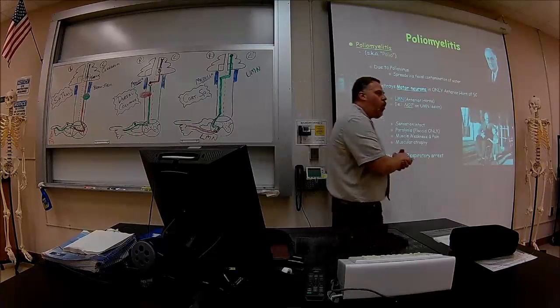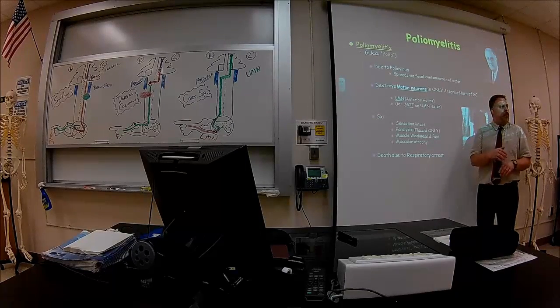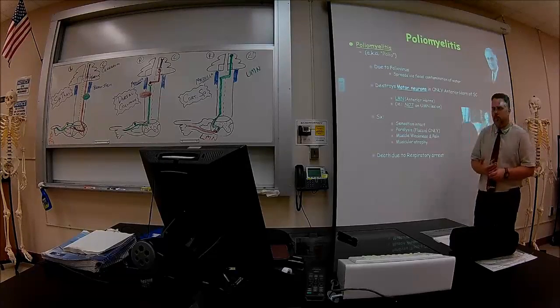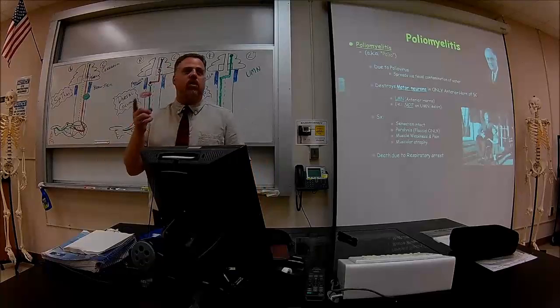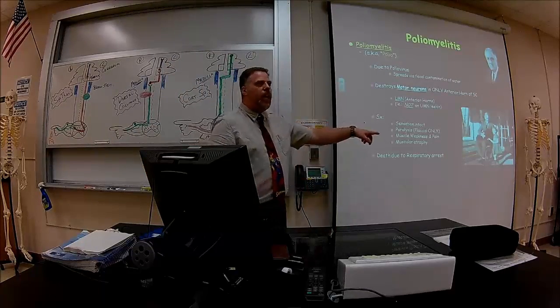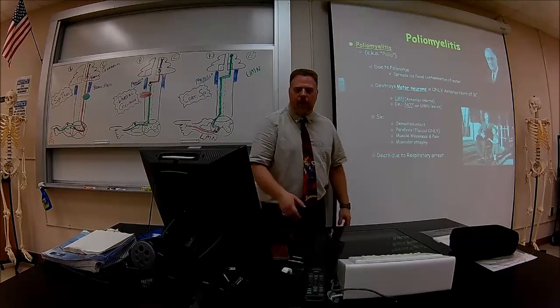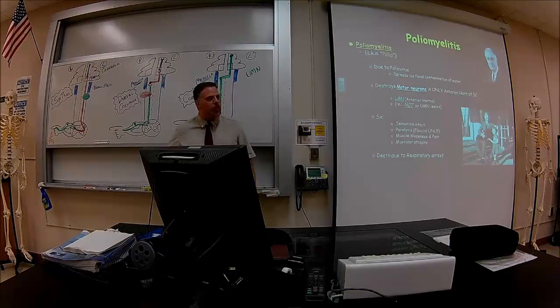So again, hold their hand. They're going to feel that. Okay? It's like they could feel the fly on them, but they can't swat it away. They can't move. They're going to have paralysis, but only flaccid because it's lower motor neurons, not the spastic. If you look at their legs, you lift them up and they just go right back down. Okay? And they usually die because of respiratory arrest too. Once the diaphragm gets affected, they can't breathe properly. Okay? So that's polio.